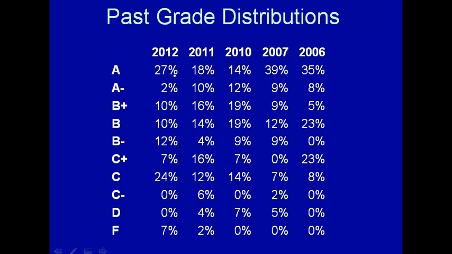So, a lot of times, usually it's about equally distributed, but there's also a chance here. So my hope, of course, is always that the class will do even better than the 2007-2006 classes. We'll see how things work out this time. Anyway, past grade distributions. I grade on a curve, and the curve is set pretty much based on what I